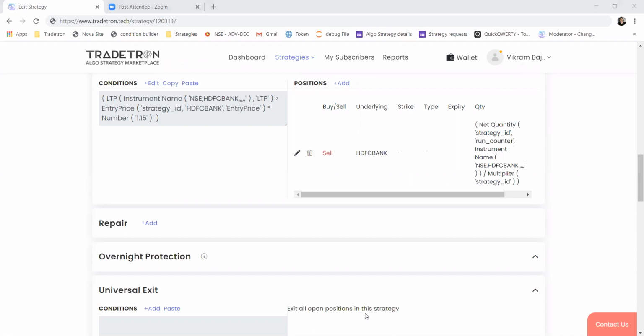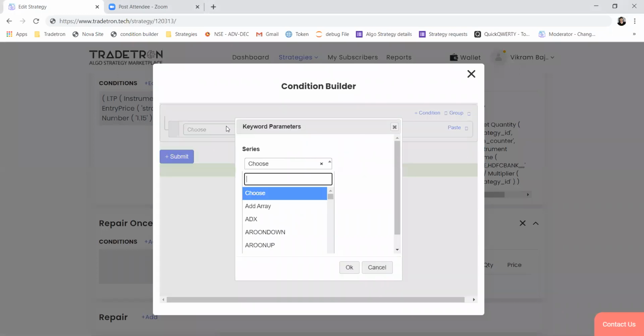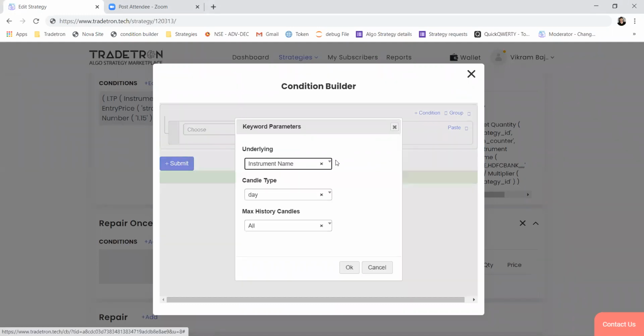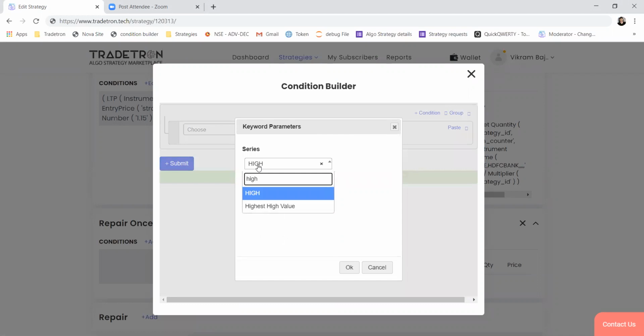Do you have a keyword for 52-week high low, or high low since a given date? For 52-week high low, yes, we have yearly. There's a yearly candle, or you can also use 52-week in the keyword. So I can just write position high. Instead of day, you can just select the week. Okay, you want 52-week high, so it will be the highest high for the last 52 weeks. So highest high value